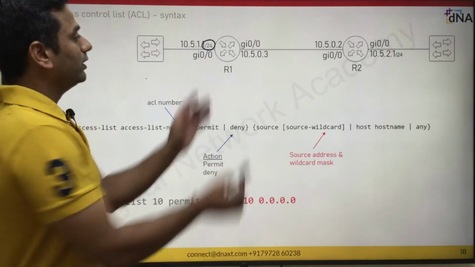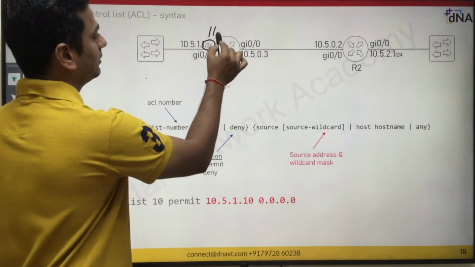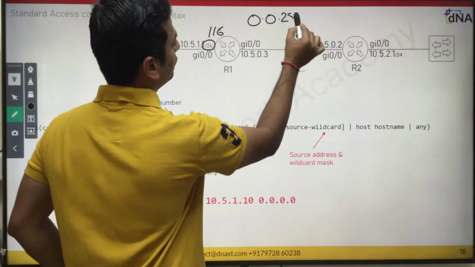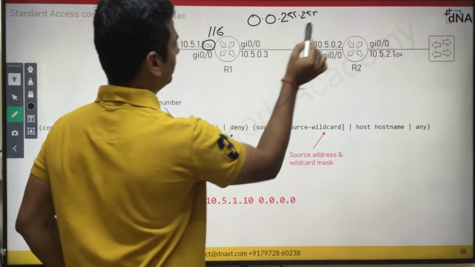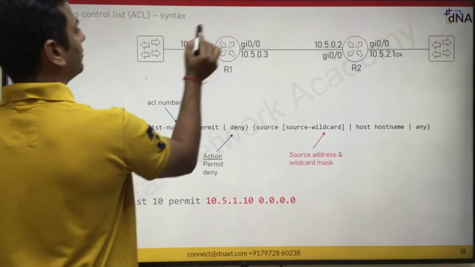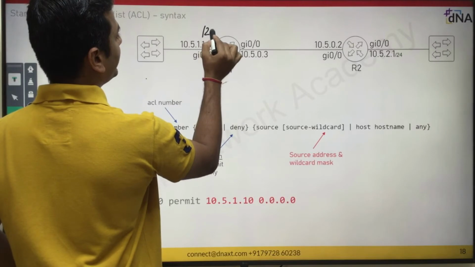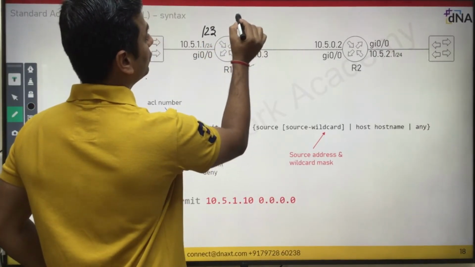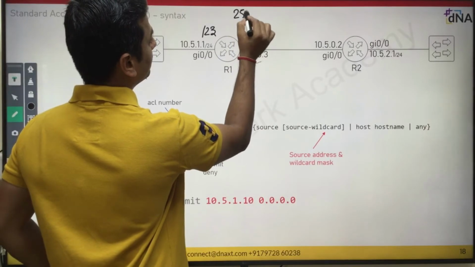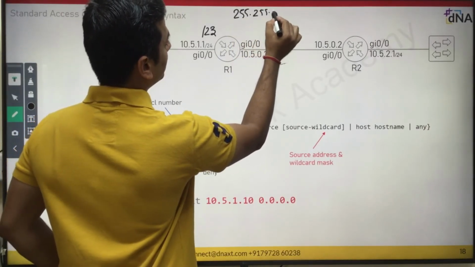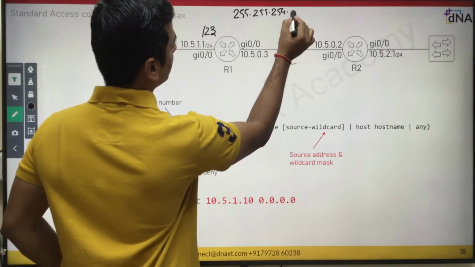So your wildcard is 0.0.0.255. If your subnet mask is /16, your wildcard is 0.0.255.255. If your mask is /23, that means 255.255.254.0.